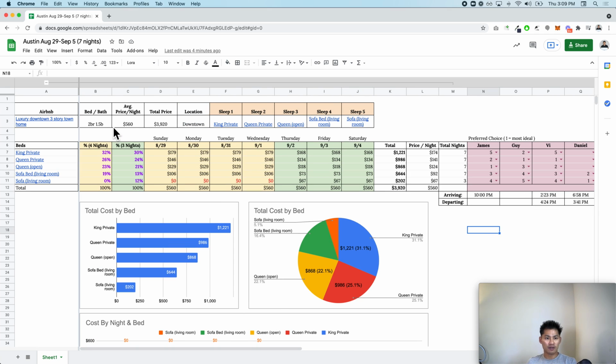And the key to this is, basically, you want to put out all of the sleeping situations in different rows like this, and then probably for the columns, you want to have each night that you have, right? This just helps make it a bit easier. And then what I did was